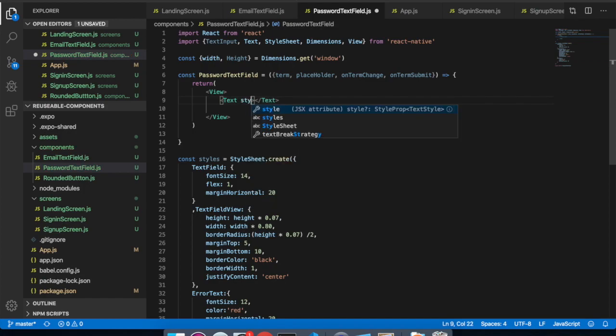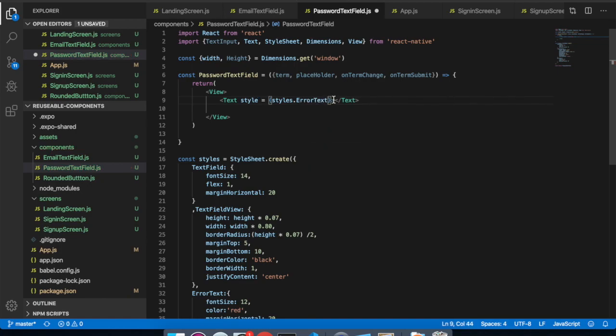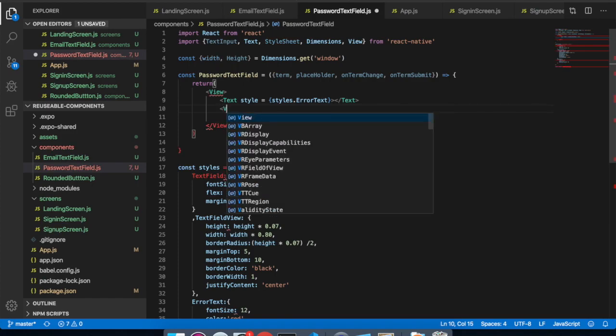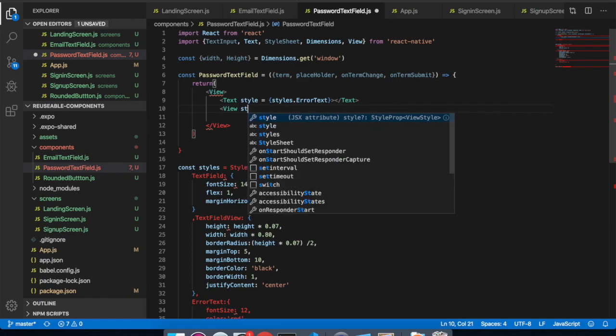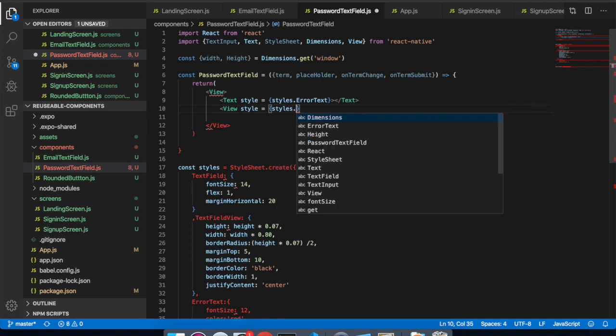So text style equals styles dot error text, and then for text, okay, then we will have a view style equals styles dot text field,